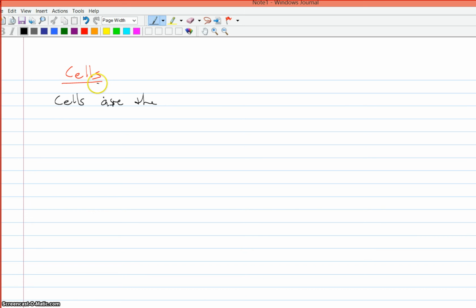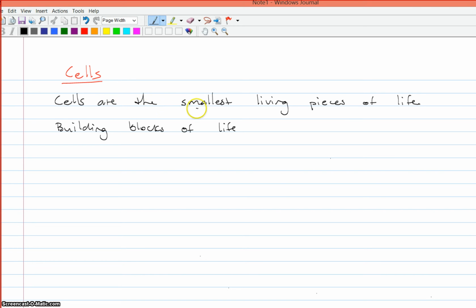Cells are the smallest living pieces of life. Okay? And sometimes they're referred to as the building blocks of life. So if you took a cell, a cell is the smallest independent living thing. Okay, so the smallest thing that makes up everything are atoms, but atoms aren't alive. A cell is the smallest living thing,